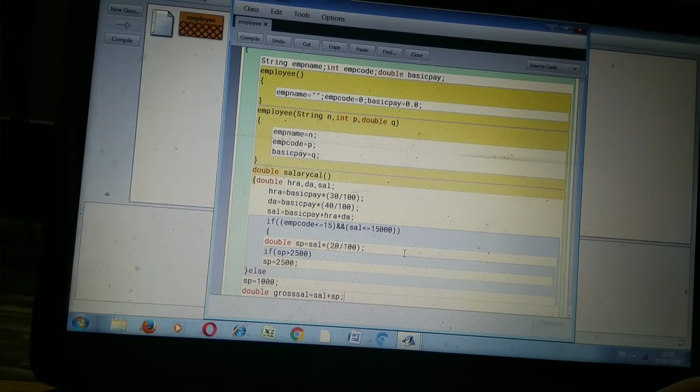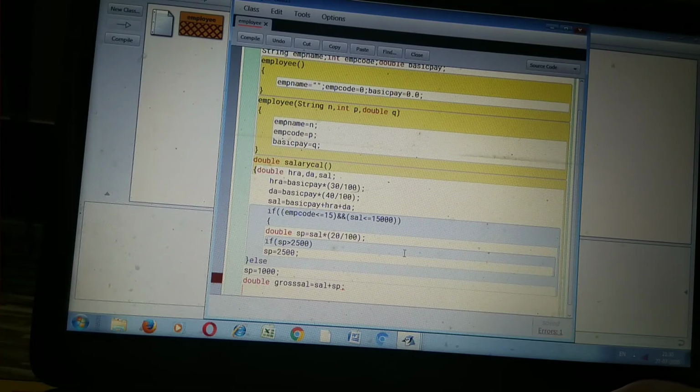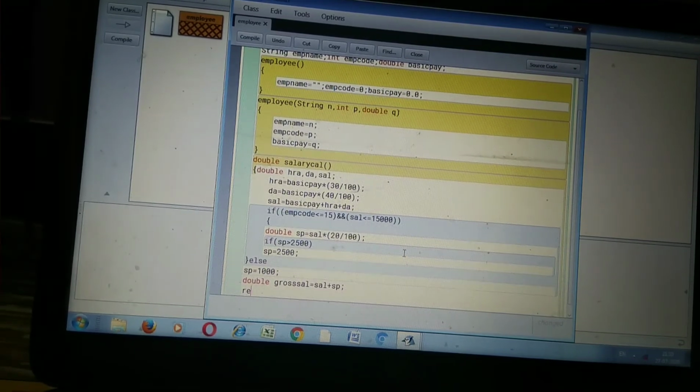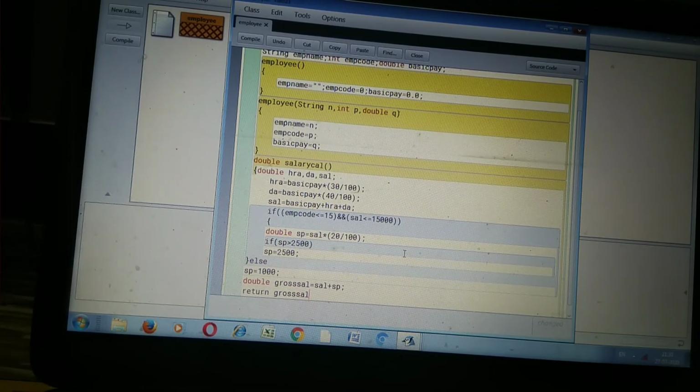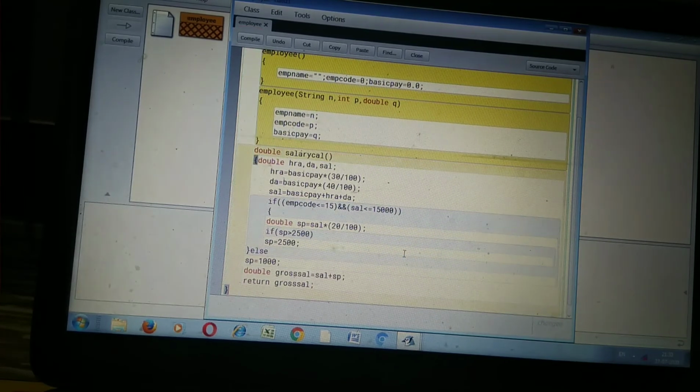After this, we have to return the gross salary. Because it is a double type, we use a return statement: return grossSal. After returning the value, semicolon, and close the method.